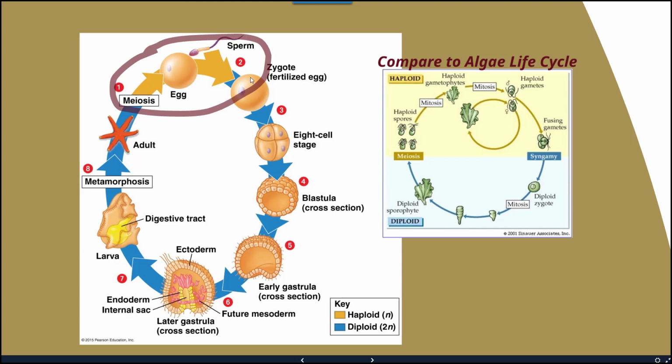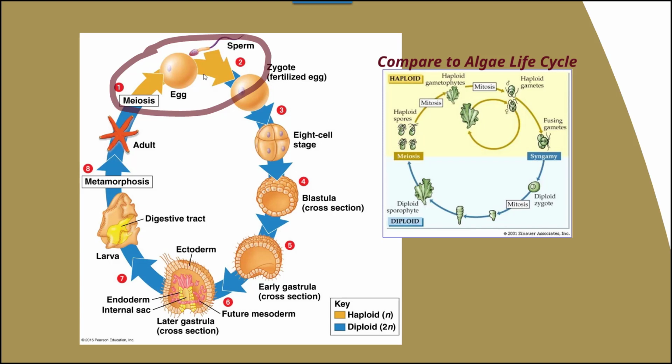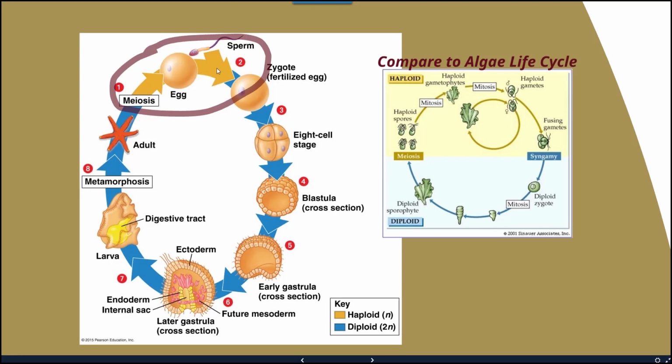Now we do find in invertebrates that they can actually release egg and sperm into the outside of their body, so there's a survival element of that particular type of cell outside of the body, which we don't see in more complex organisms like humans. But it is going to be the only part in which there's going to be a single cell. And from there, the zygote, or the fertilized egg, goes through a series of mitosis and eventually manifests into this adult stage.